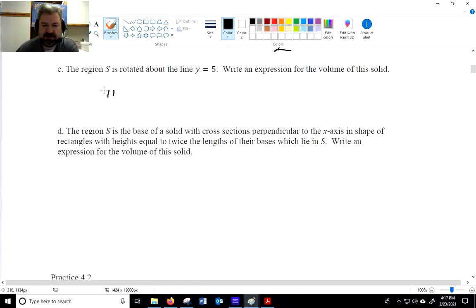So we're going to get pi, and remember it's pi times outer radius squared minus inner radius squared, times the integral from 0 to k. Our outer radius was simply 5 squared minus our inner radius, 5 minus the curve 4 cosine pi over 12x, and this is squared as well. And then the whole thing is multiplied by